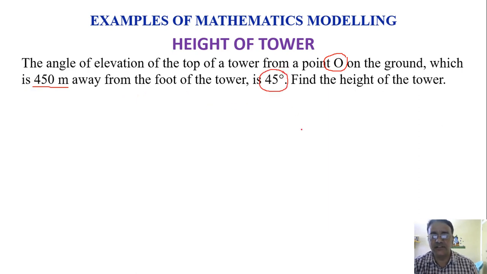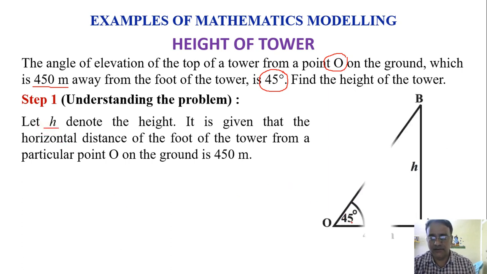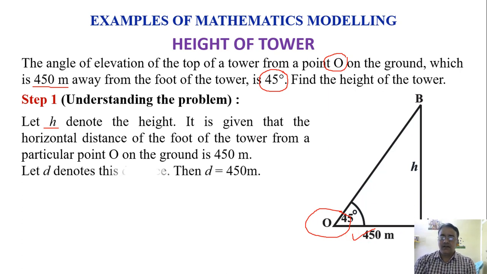So the angle of elevation is given as 45 degrees. Okay, so what is the first step? We have to understand the problem. Let h be the height, and we will draw a rough diagram. It is given that the horizontal distance of the foot of a tower from this point is 450 meters on the ground. So here we will take this horizontal distance as d, that is 450